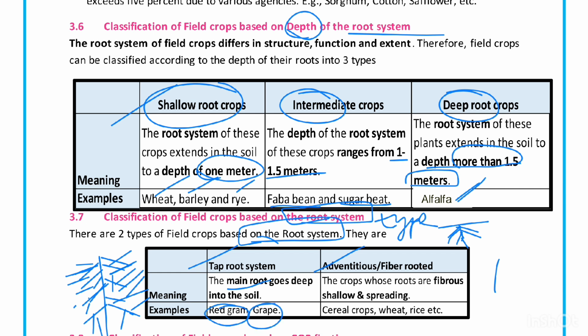Next we have the fibrous root system, shallow and spreading. These are crops whose roots are very shallow and very fibrous in nature. You cannot say that there is any particular main root going deep inside the soil. You cannot differentiate between a main root and root hairs. You will see that the roots are fibrous in nature and look like a brush. You can see the brush-like structure below the